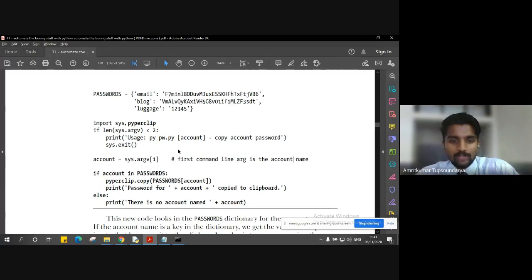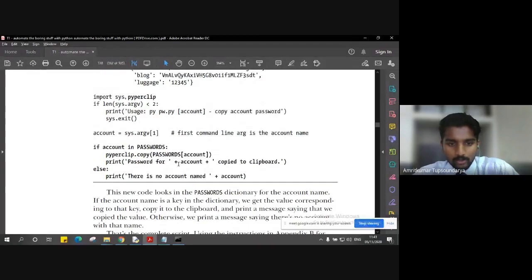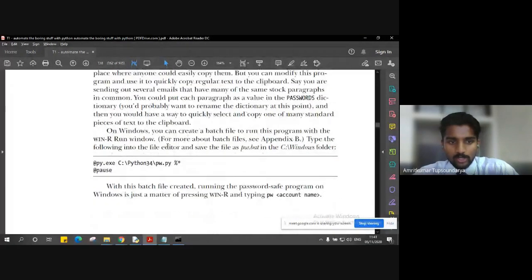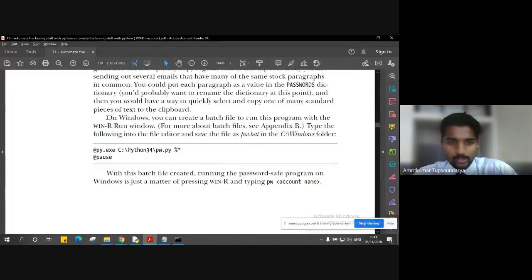The batch file will be responsible for executing this Python program. How do we create this batch file? Let me show you. According to the author, if you are using Windows, you can create a batch file by using the Windows R command. You can press Windows R and open any file editor.